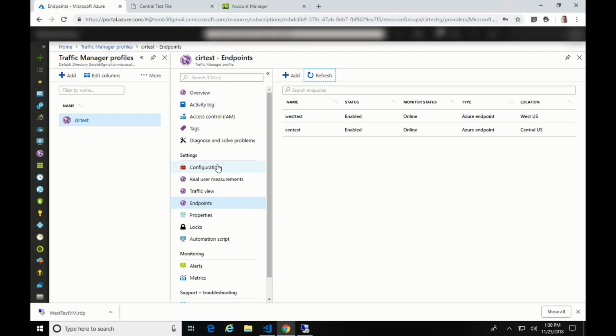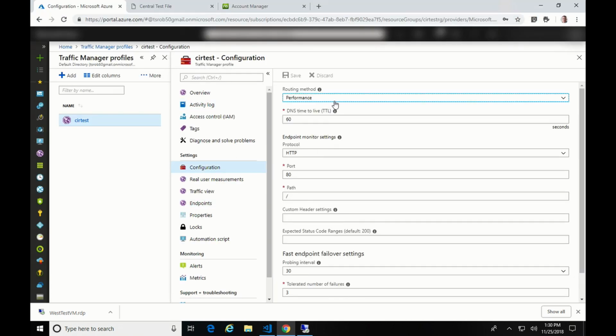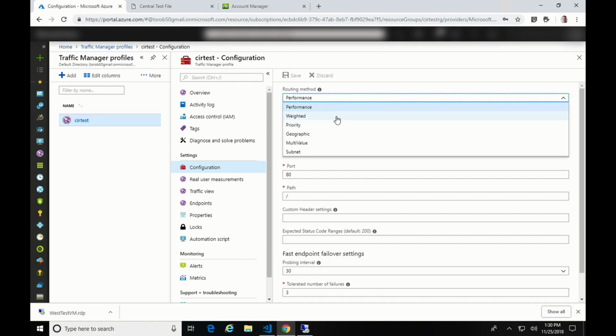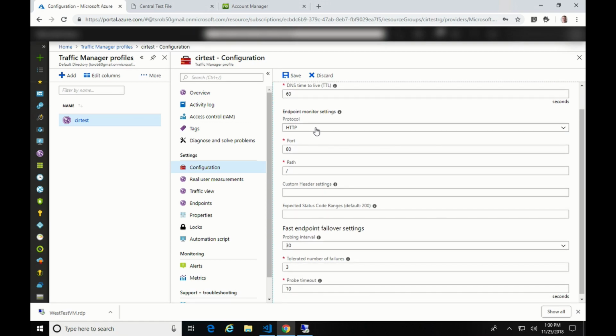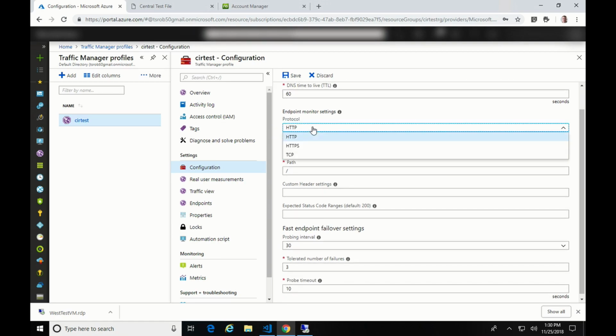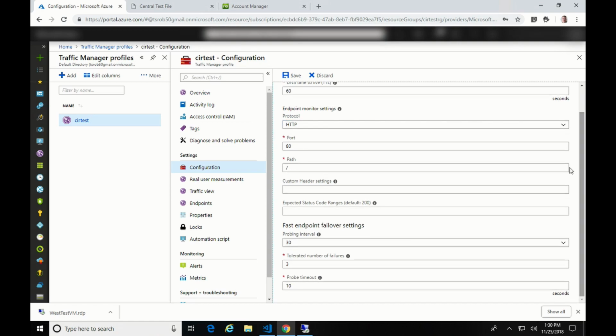So let's go into configuration and make some changes. So I'm going to first change this to priority, and I'm going to leave the DNS time to live as it is. I'm also going to leave the protocol to HTTP, although you can modify that if need be. I don't have a certificate on these app servers, so I'm going to leave it as it is. I'm going to put in a path. We'll call this test and